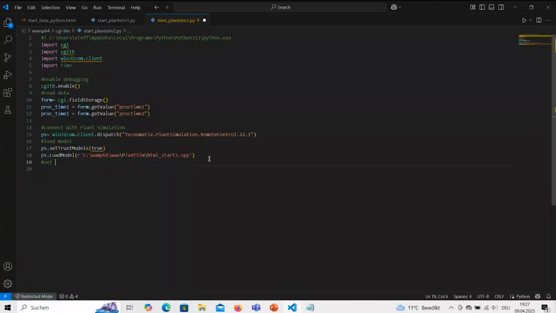So now the model is loaded, and I first set the proc times of the two machines. Plant Simulation offers for this the method setValue.